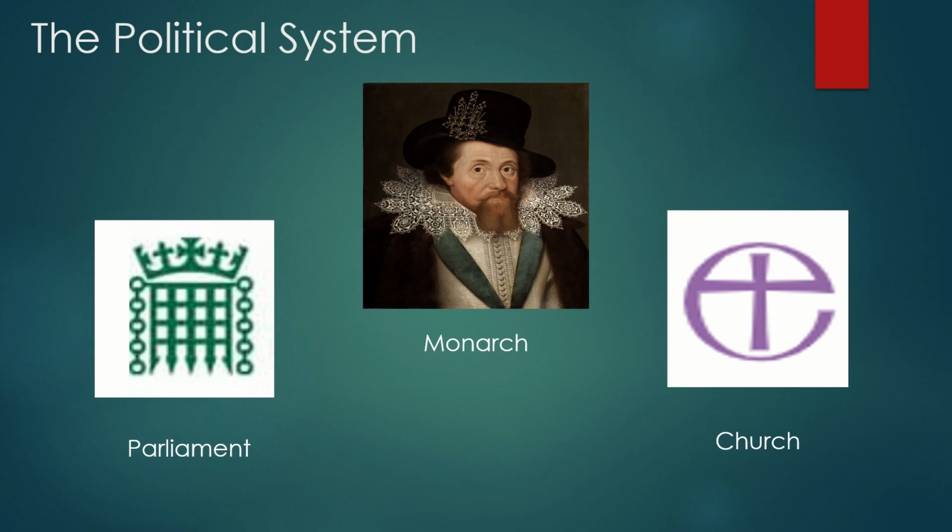And so, a quick summary to make sure we've understood that: there are three key parts to this political system. So, that's all the classes that are in British society. These three things make up that political system, and how they are all very connected. So, the monarchy, at the time James and soon to be Charles I, they have all the power. It's top down from them. They decide what the policy should be and select those who are going to enact that policy.